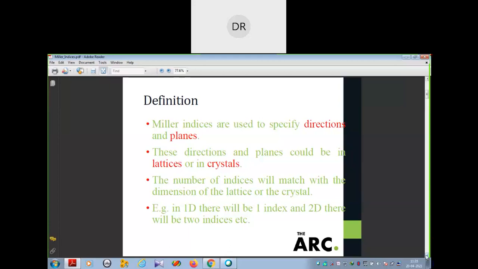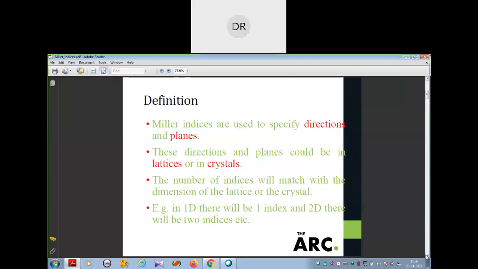Among these, in simple cubic there may be different types, and in orthorhombic there may be different types. But there are seven basic crystal systems, and among these there are 14 Bravais lattices in total. Those of you who were in the offline classes have already understood this, and we have solved problems also. For different types of crystals, BCC and FCC, we found the density of the crystal and then the atomic radius. There is some relationship there. We have already completed this.